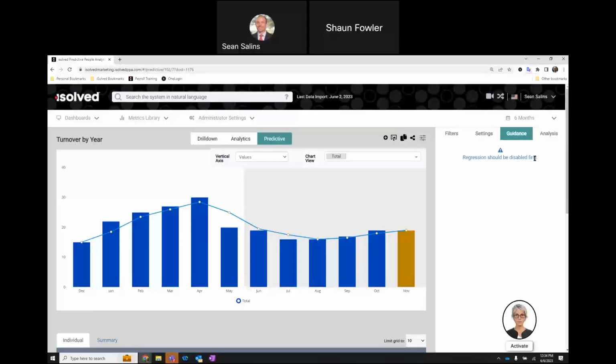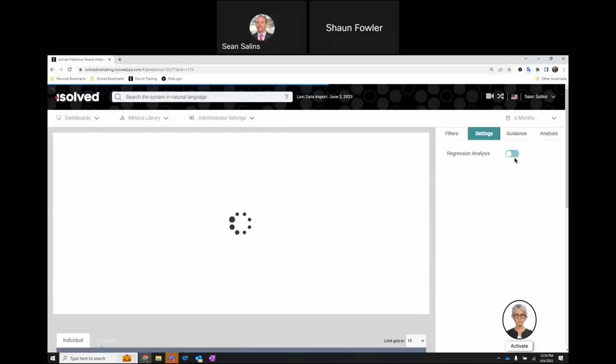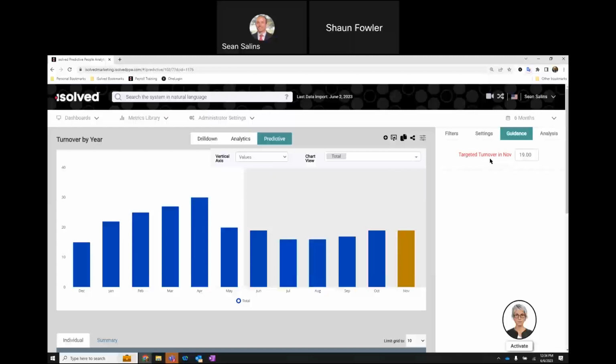Now, notice that it says regression should be disabled first. So to utilize the guidance capability, I need to turn off my regression analysis. And now I can go to guidance. And we can see that it says targeted turnover in November. So that's why this is a different color, because it's providing some guidance to us to be able to interact with this information and specify what we want our turnover to be. Right now, it's predicting that we're going to lose 19 people in November of this year based upon the modeling that's in place. What I can do is I can change this